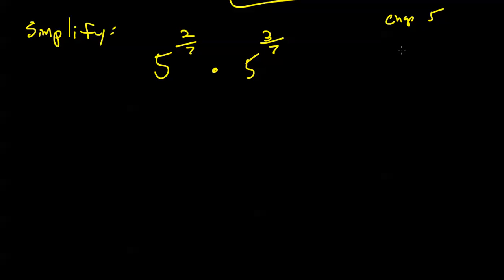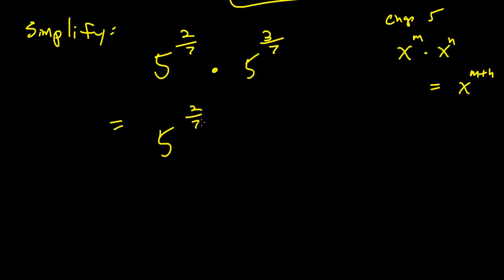Here's a type of problem that's going to occur in your homework list. Simplify the following fractional exponent expression. Well, here I'm multiplying two identical bases but to different fractional powers. And you recall in chapter 5 we saw that when you multiply the same base expressions, you keep the same base and add the exponents. Same deal here,